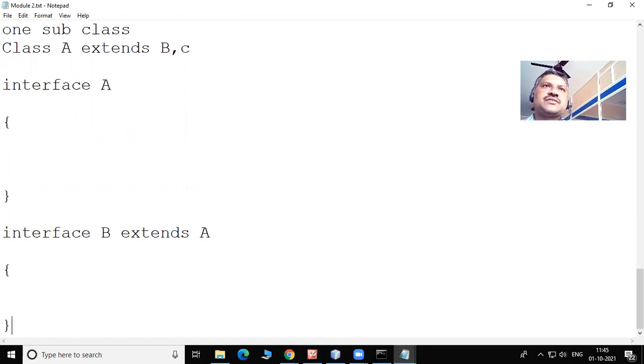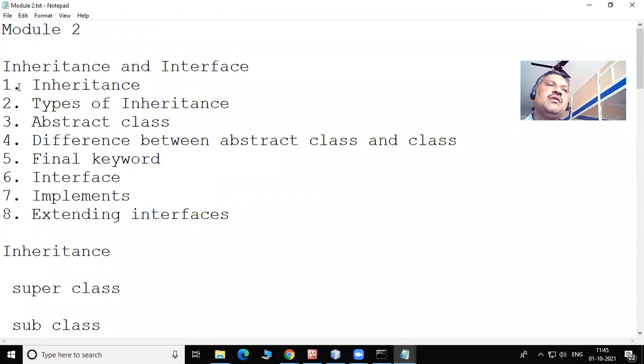So this is our second module. Let me recap the entire thing we covered so far. Inheritance is deriving the parental behavior to the child class. So we know the meaning of superclass, subclass, parent class, and child class. I demonstrated one simple program. Then types of inheritance: we have 5 types. Then the abstract class: a class for which we cannot create an object is called an abstract class. The difference between an abstract class and an ordinary class: here we don't have the keyword abstract, and here we have the keyword abstract. Here we can create the object; it is not possible in an abstract class.